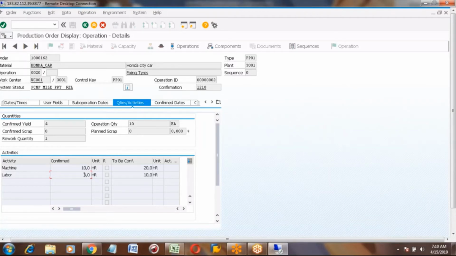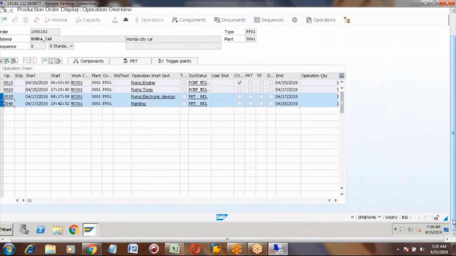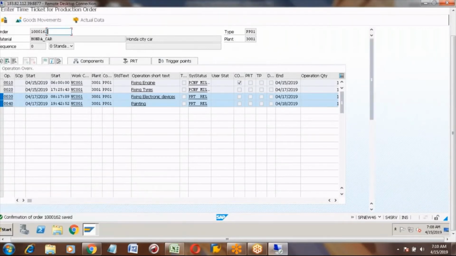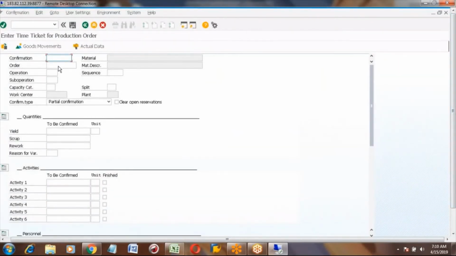So we have confirmed operation 10 and operation 20. Now I am confirming these 30 and 40. Together? No, separately. You cannot confirm together. Because you highlighted 2, that's why the confusion. One by one.